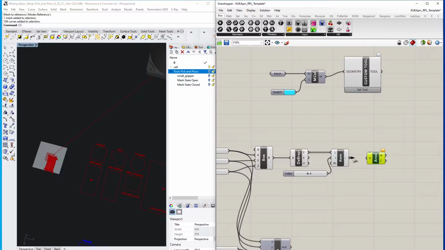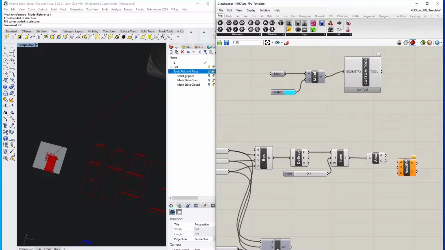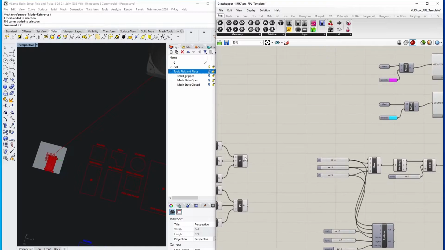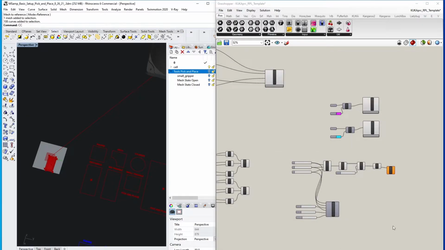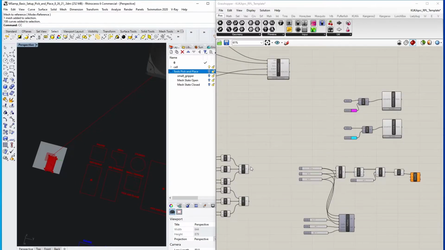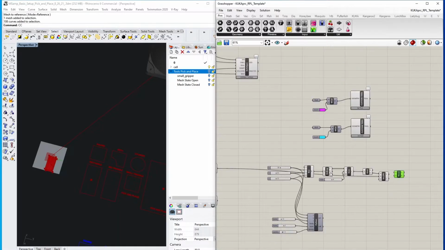Area centroid, and get the center point, and then we're going to do a vector 2D or vector 2 point in order to transform our box, which is going to be our A, to our place location, our pick location. Pick location at the top, we're going to map it to B. Then we're going to do a move command to move the box